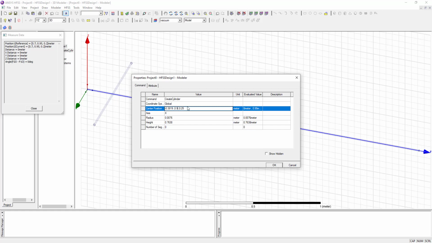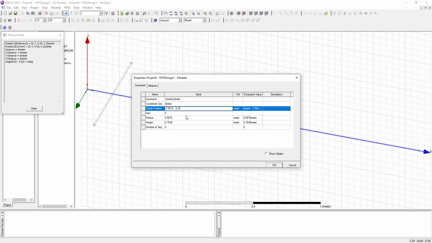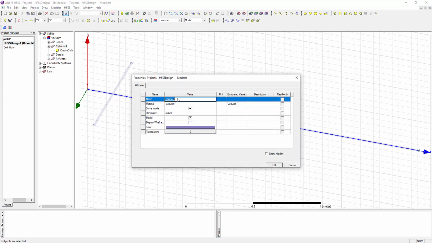In the y direction, it will be 0.63 plus the spacing between dipole and director, 0.4525. So the y position is 1.0825. Then the Z position will be 0. And again click on OK. Now this is director 1. Rename this object also as director_1.